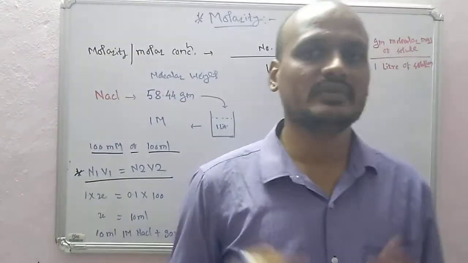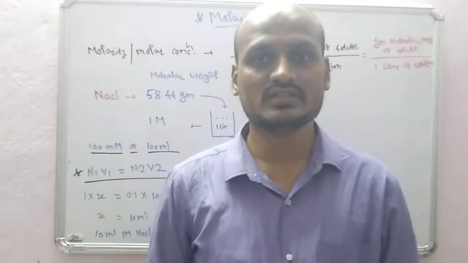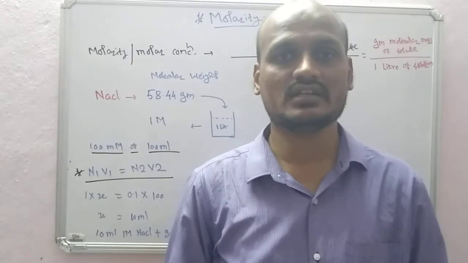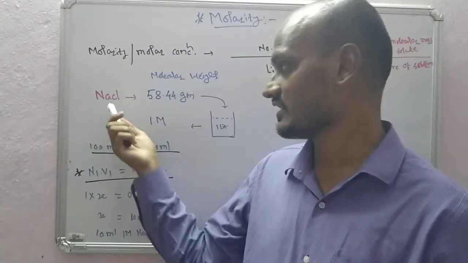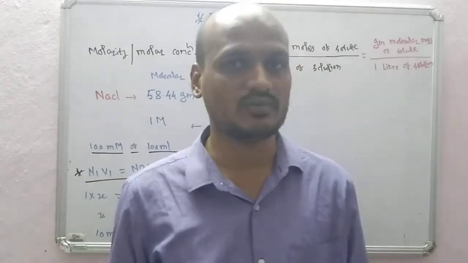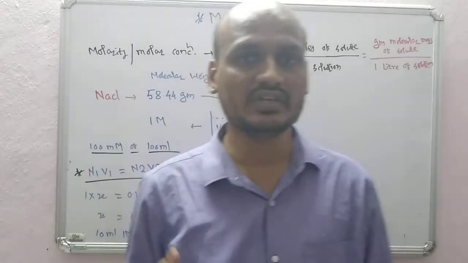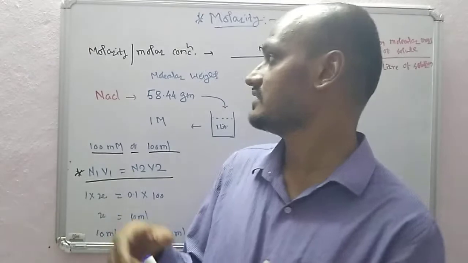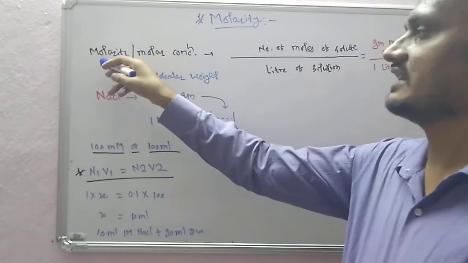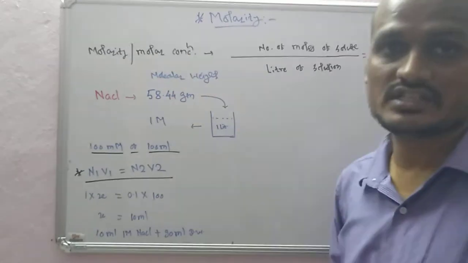In today's topic we are going to talk about concentration of the solution. Molarity is one of the criteria we use as a concentration. For example, 1 molar NaCl solution, 2 molar NaCl solution, 5 molar NaCl solution. So this is a unit of concentration, right? How can concentration be denoted? We can say molarity or molar concentration.